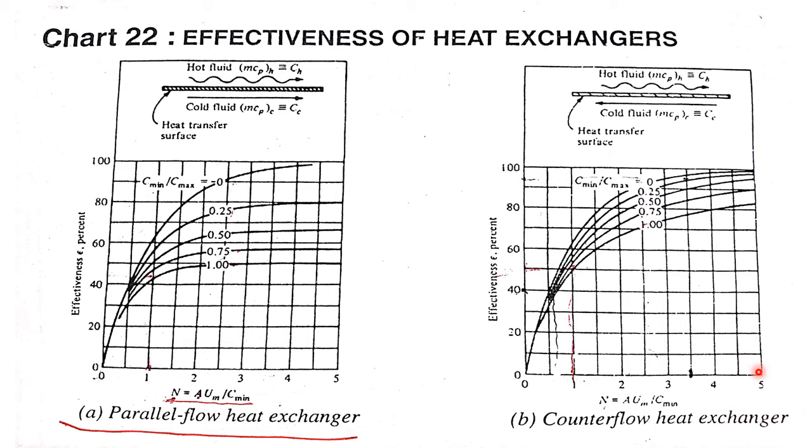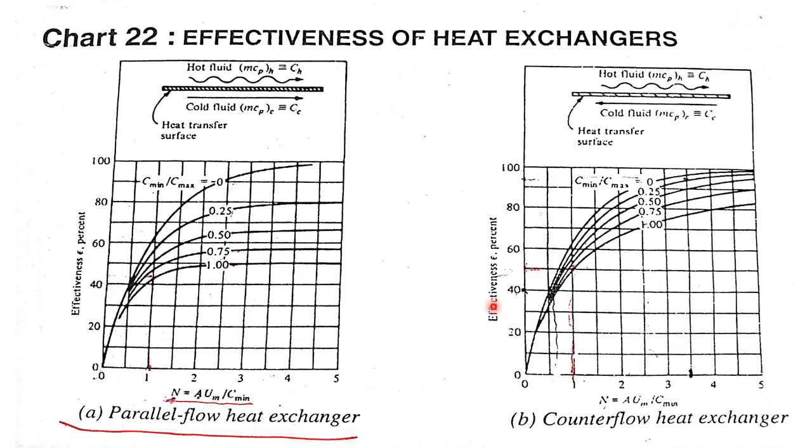In the same page again you are going to get the graphs of cross flow heat exchanger and shell and tube heat exchangers also. So related to this problem, I have taken only these two graphs. See here, this 0, 1, 2, 3, 4, 5 indicates the values of NTU, that is NTU is denoted by N, where N is given by U into A divided by C minimum. And 0, 20, 40, 60, 80, 100 are the values of the effectiveness of the heat exchanger, which we are going to get in terms of percentage.